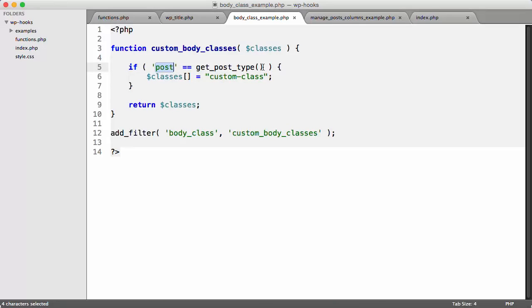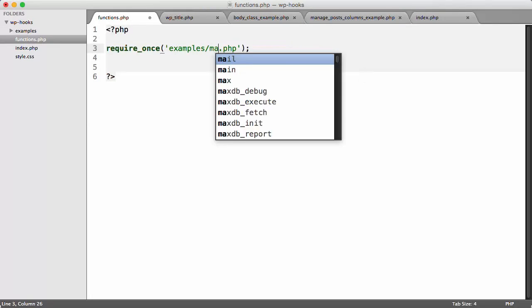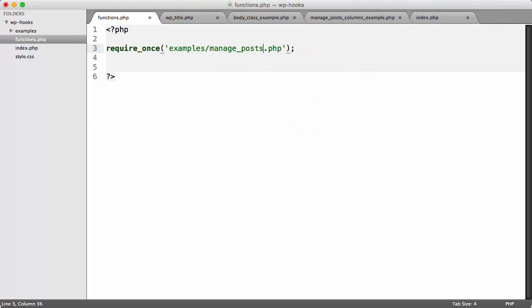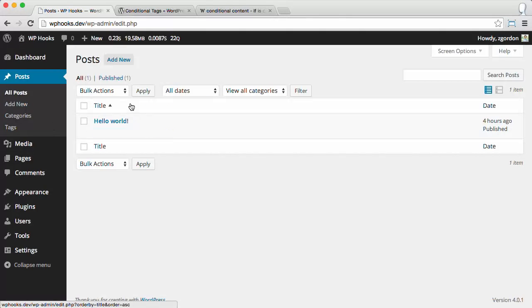Let's look at one more filter here, and this one's a little bit different. This one is actually going to run in the back end of WordPress on the Manage Post Columns filter. Let's go ahead and enable this inside our functions PHP and then see what it's doing. So we require it, manage posts columns example. What this does is find the posts table on the back end of the site